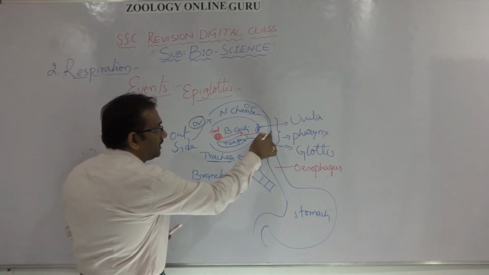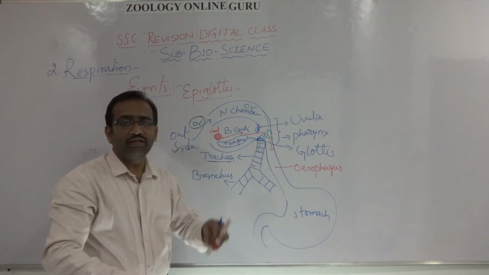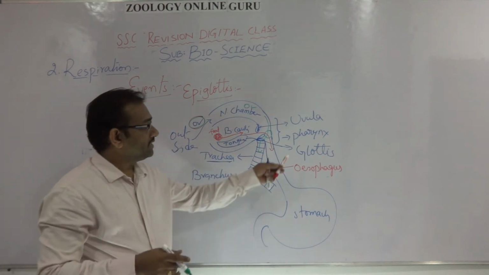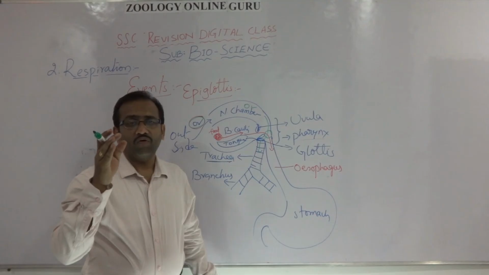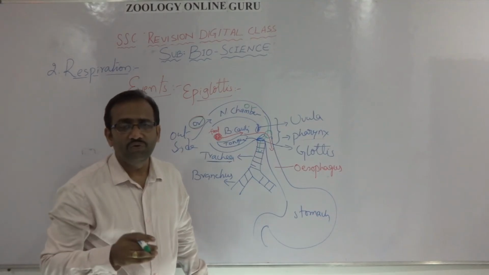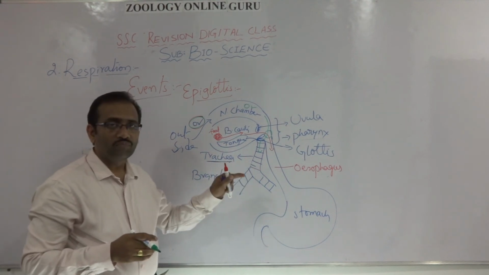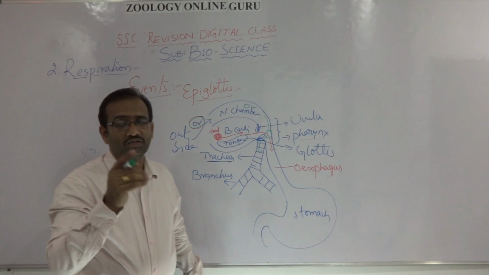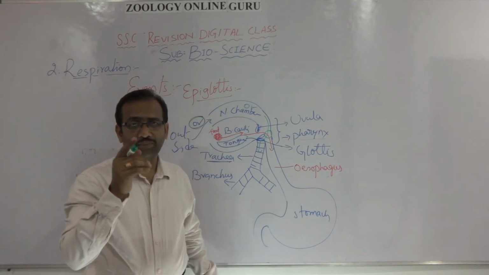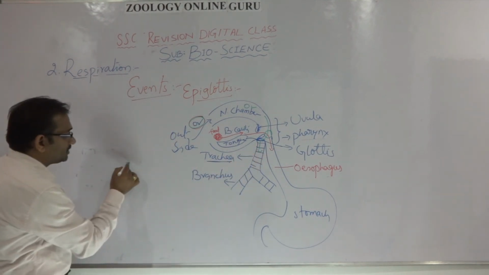So there is a crossing of food material and gases at the level of the pharynx. To avoid passage of food material and water into the trachea through the glottis, there is a protective flap there. So look here, suppose this is the glottis,